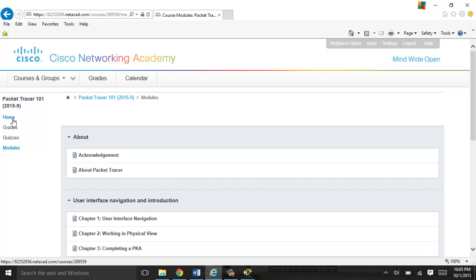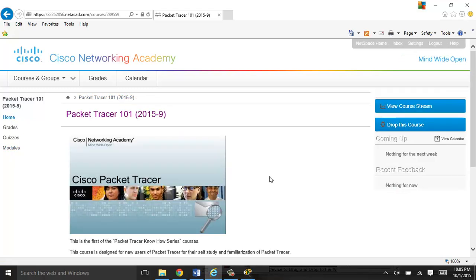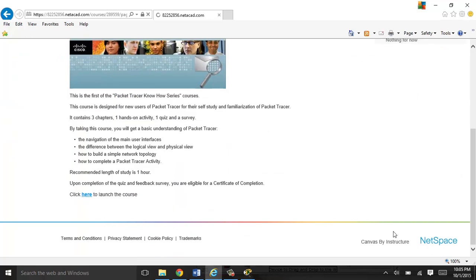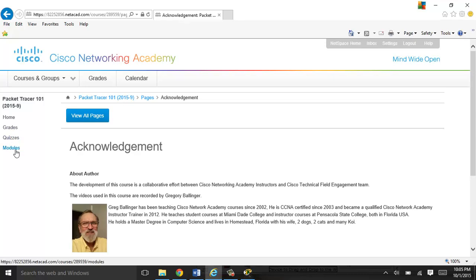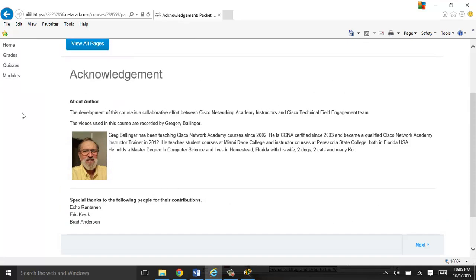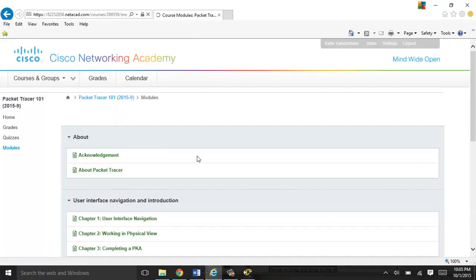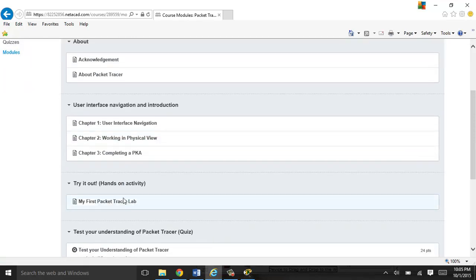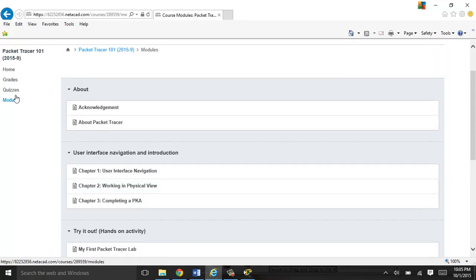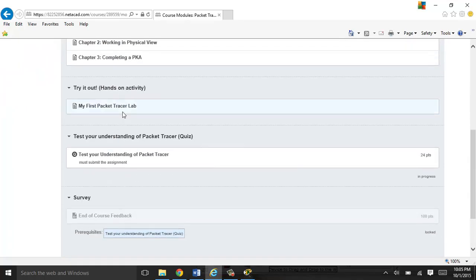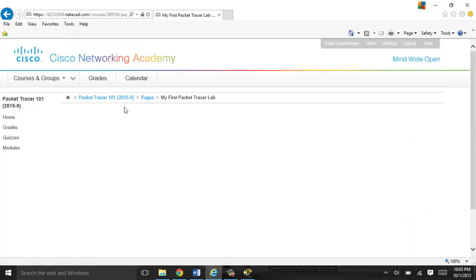Anyway, we were just zooming through those modules, hitting next, next, next, and next. And when you get to the end of it, there's the lab called My First Packet Tracer Lab. That's the one that I'm talking about that you have to submit. You can access things here, or you could go through what we were doing with the next, next, next. But when you click on this, My First Packet Tracer Lab,